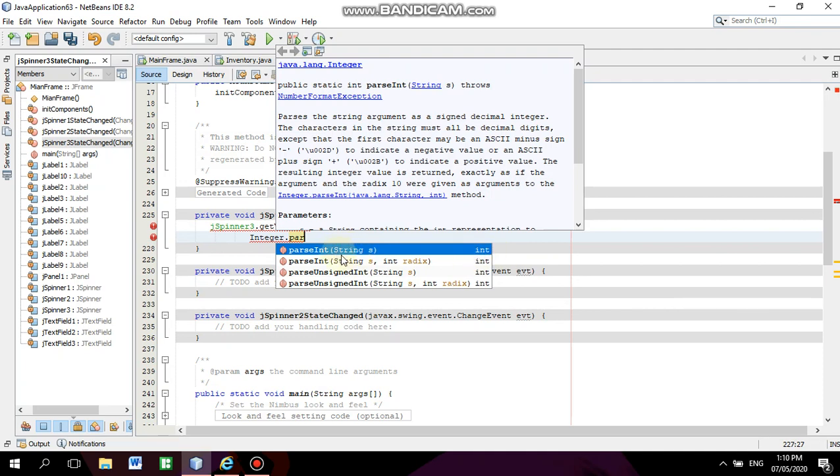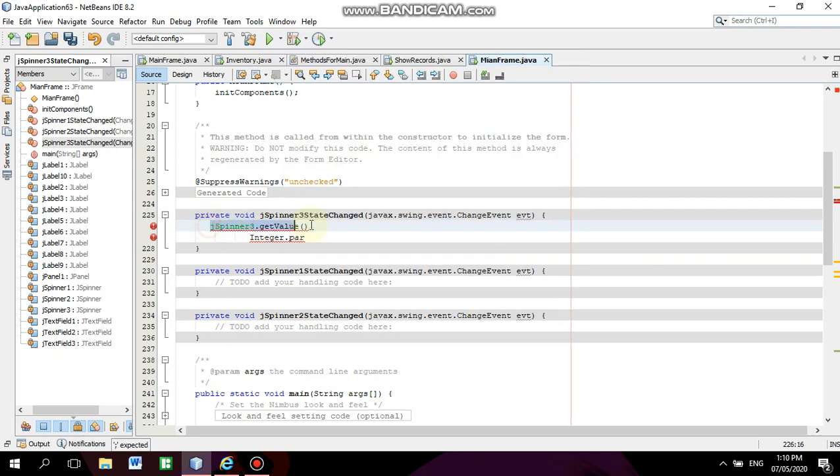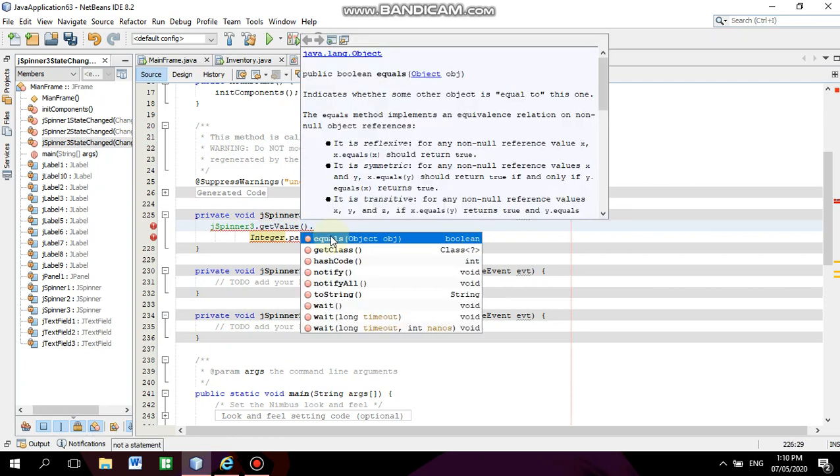So string is needed in order to get the result of this into an integer, and this code is getting an object and will not be useful in this. So for instance, we are going to make the spinner get value and string first, so you can add another period and toString, and then